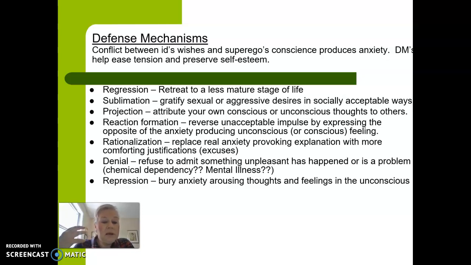I personally do not think too highly of the concept of repression, although I do know of people that have experienced repression that I have seen in my own lifetime, that have seemingly forgotten something that would be quite traumatic, probably, and yet they seem to have buried it in their unconscious.